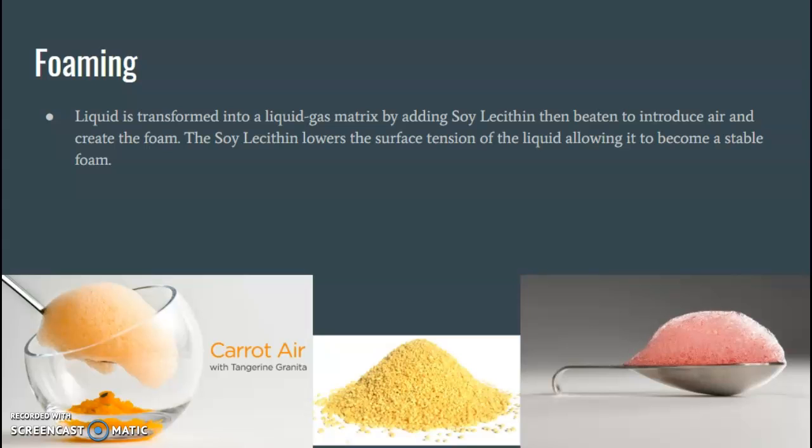And the way you do this is, for pretty much everything else, you can't just mix it up with a beater. Otherwise, if you were to do that to water, it wouldn't do anything, no foam is going to come out. So you need something like soy lecithin, which when added to liquids will allow it to stabilize by reducing the surface tension of the liquid so it can become a very stable foam instead of just something that'll fall apart and not be very sturdy to serve. And you can see here there's carrot foam and beet foam and then soy lecithin.